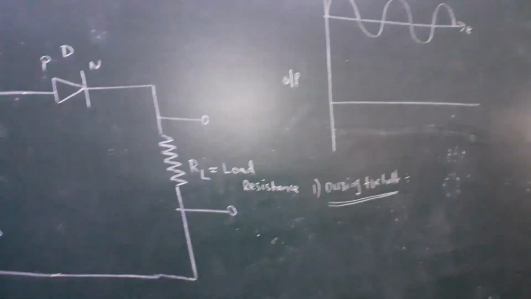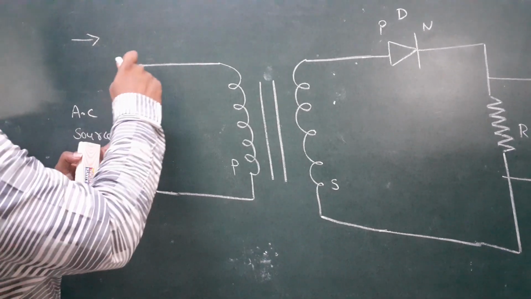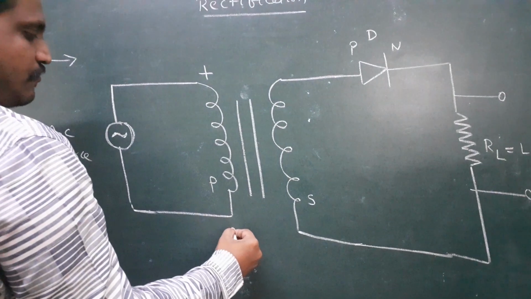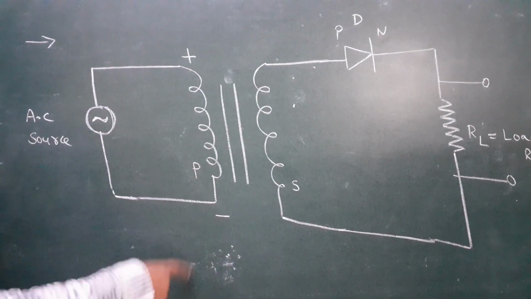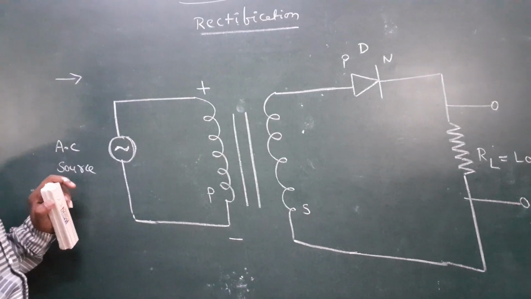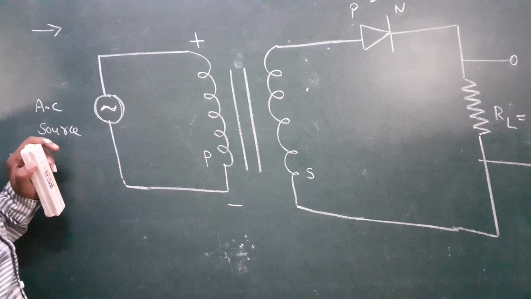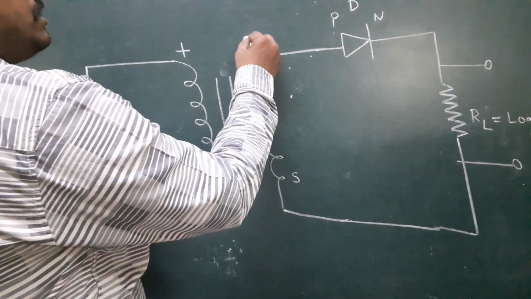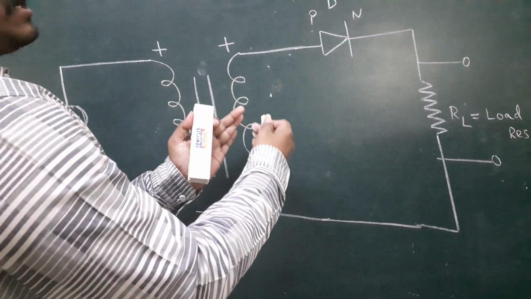Look here. Here I take the positive half cycle. For current to flow in the circuit, a potential difference is required. Potential difference means higher potential and lower potential, plus and minus. This is during the positive half cycle. A few minutes back I explained that the transformer works on the principle of mutual induction. That means plus here is transferred here, and minus here is transferred here, from the primary coil to the secondary coil.